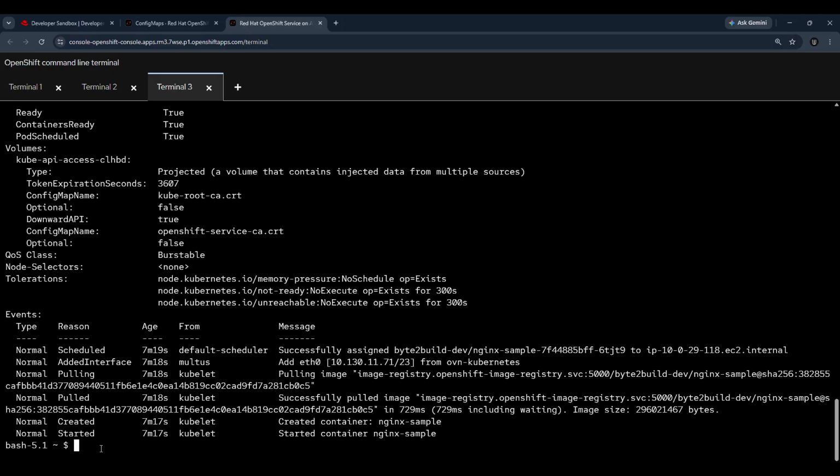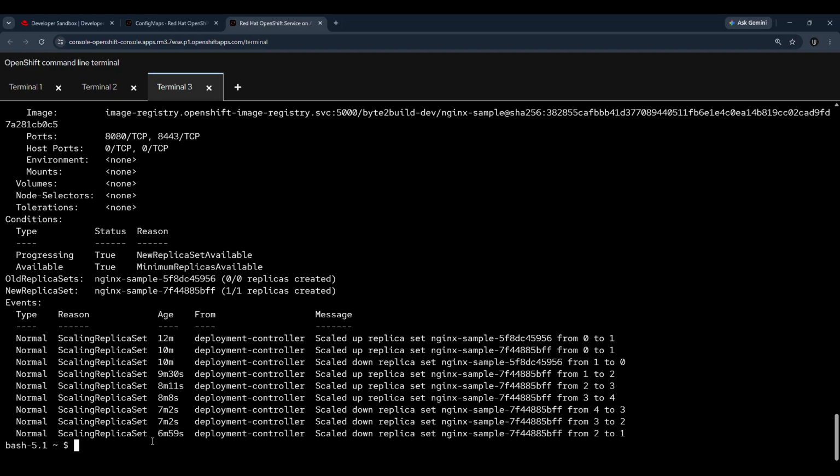In the same way, you can describe the deploy also. This is the resource name, deploy. So what is the resource name? I just put Nginx, and automatically it comes. Press enter. Look,